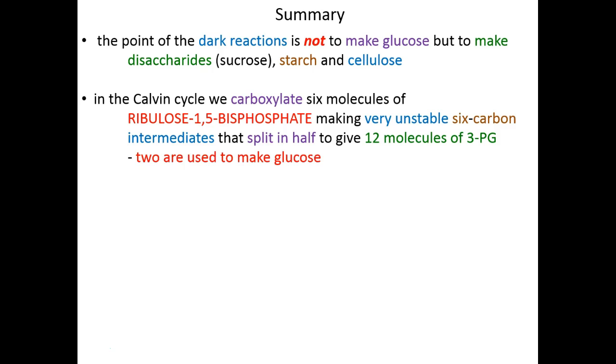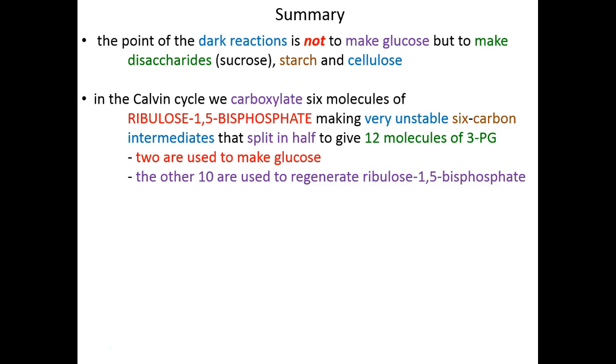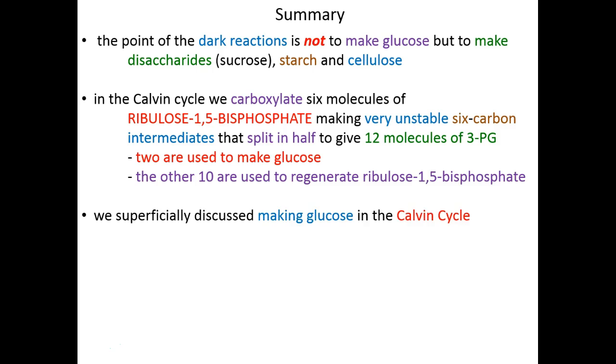2 of those 12 molecules are used to make glucose, where 3PG is changed into DHAP and GAP. The DHAP and GAP are condensed together to make fructose 1,6-bisphosphate, and then we follow a gluconeogenesis pathway all the way to glucose. The other 10 3PGs go through this fairly complicated set of phases that are called preparation, where some of them are converted into fructose 6-phosphate, some of them are converted into DHAP, some of them are converted into GAP,